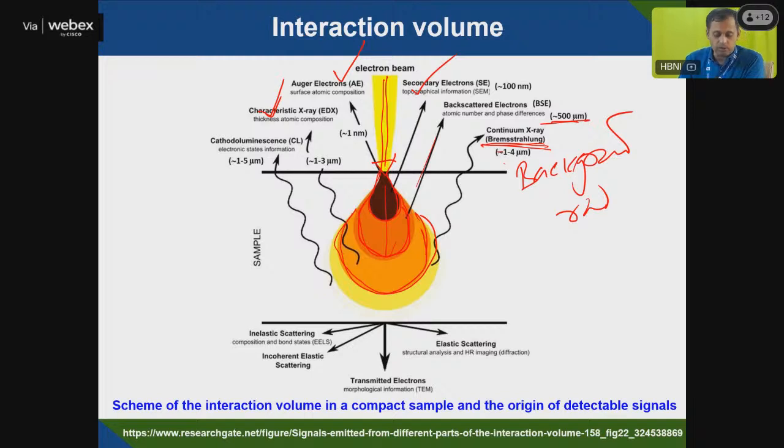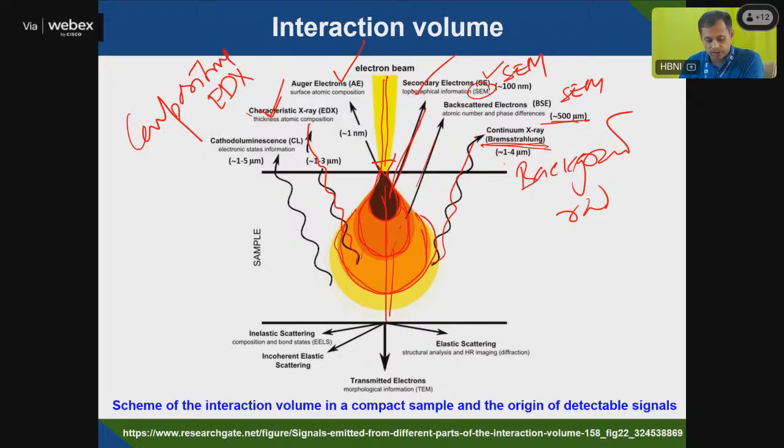And then beyond that, you can also see some cathodoluminescence. If it's transmitted through this, then you have a transmission electron beam. So the secondary electron is coming from the top surface, and that secondary electron you will use in SEM. And the backscatter electron, that again you can use in SEM. These two. And if the X-ray is coming, there is background X-ray, and from here the characteristic X-ray that is coming in 1 to 3 micron, you use in EDAX, TEM or SEM EDAX analysis, which is mainly for the